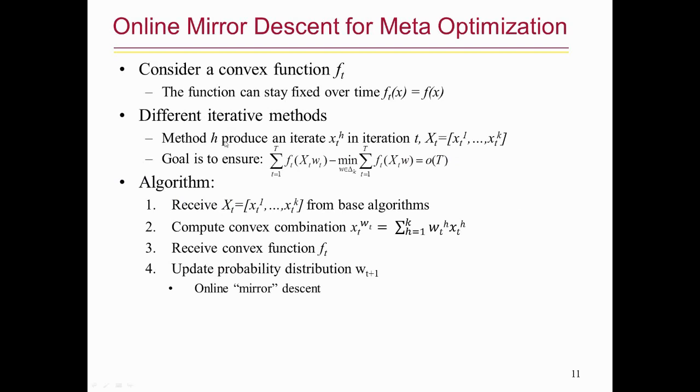Let's say method h for portfolio comes up with a certain portfolio x_t^h. So this is the h-th algorithm at time t coming up with a portfolio. And you listen to k different algorithms. So you have these k different portfolios. What you are trying to do is you are trying